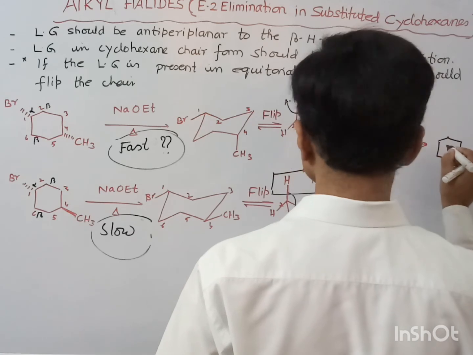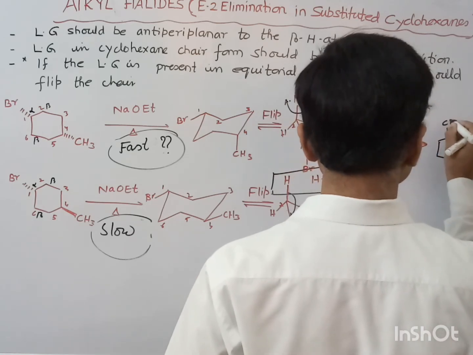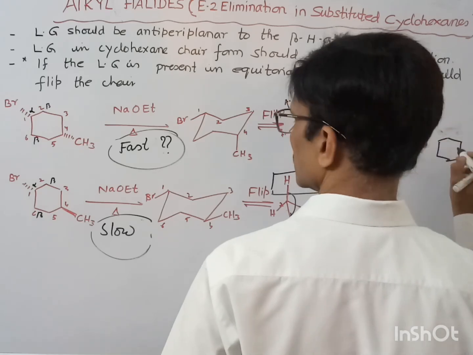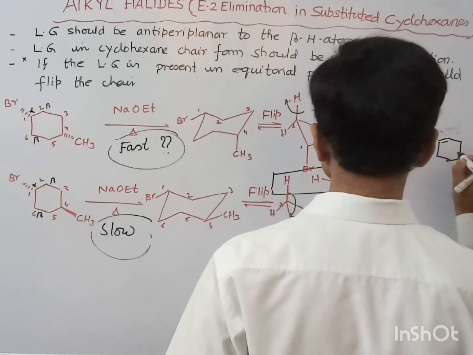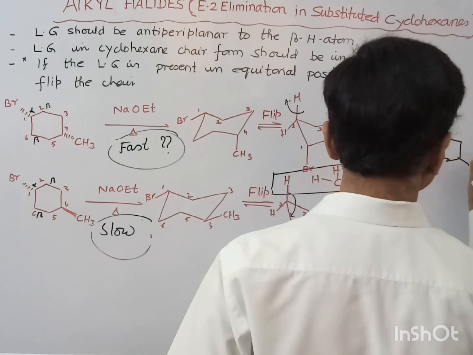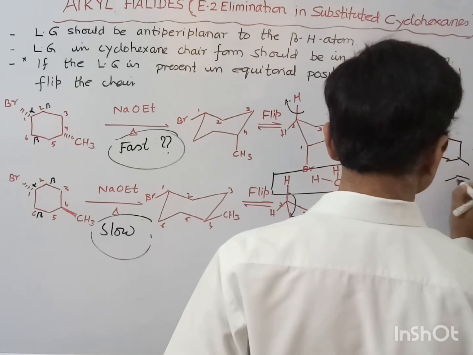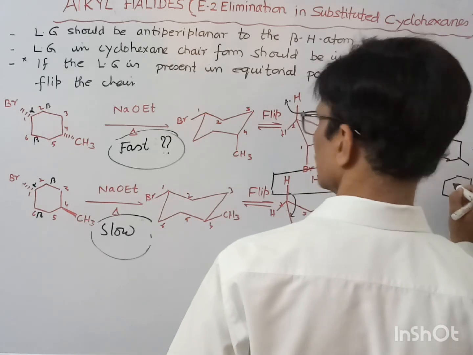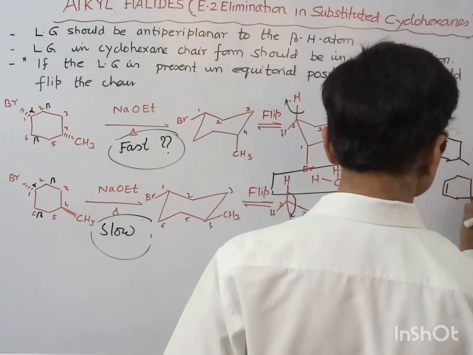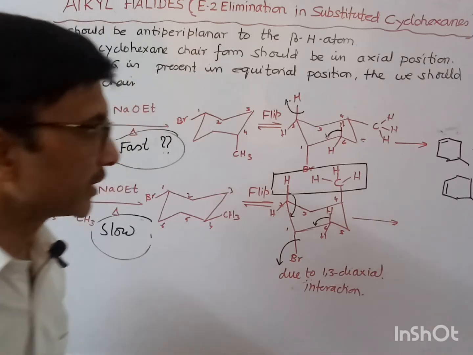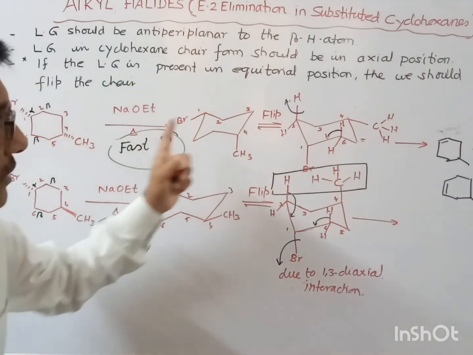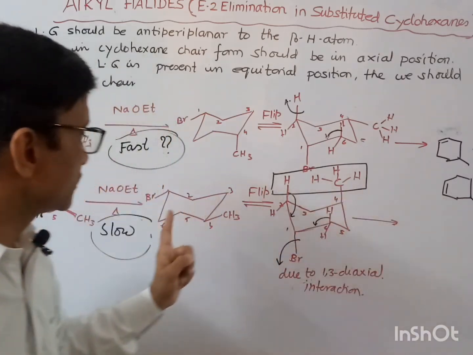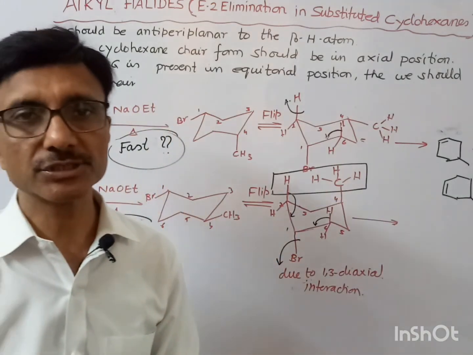So at first and sixth, either you will get this product or you will get another product. Two products you will get, but this is the faster one. Here also you will get these two products, but this reaction will be the slow reaction due to the